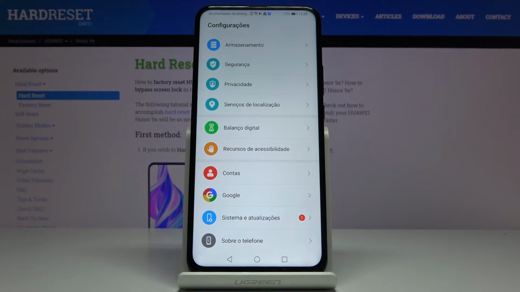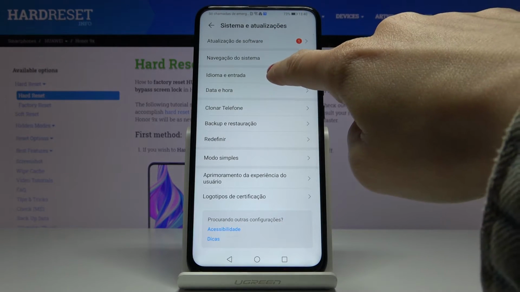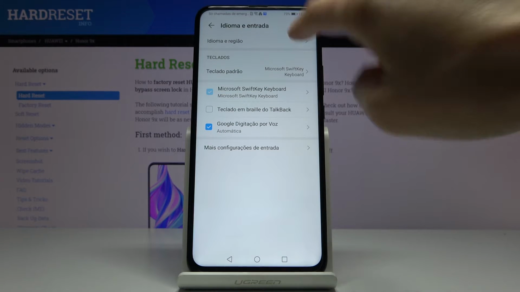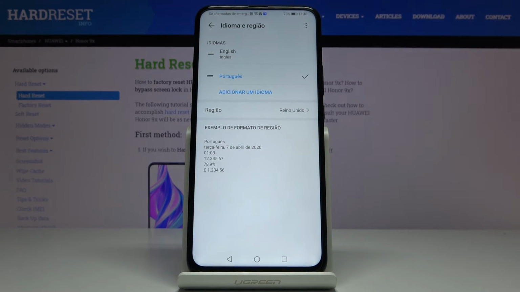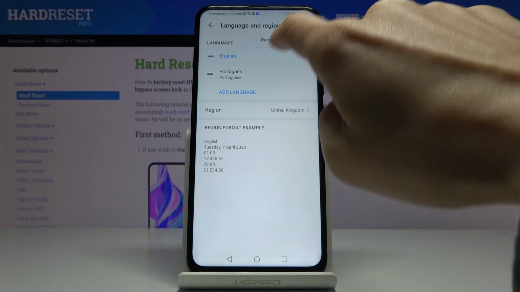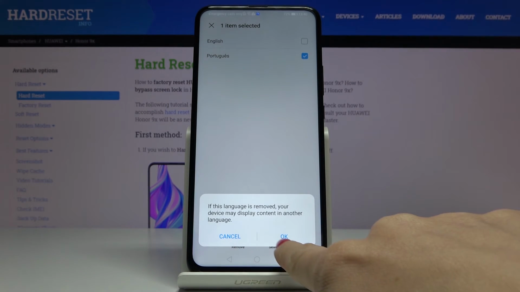Then whenever you would like to go back to English or maybe change language one more time, just pick on System and Input, go to Languages and Input, go to Languages, and now you can either swipe English up to make it a default language. Then you can remove unnecessary language, which in my case is Portuguese. So just tap on the more icon, remove languages, mark Portuguese, and then select remove, tap on OK to save